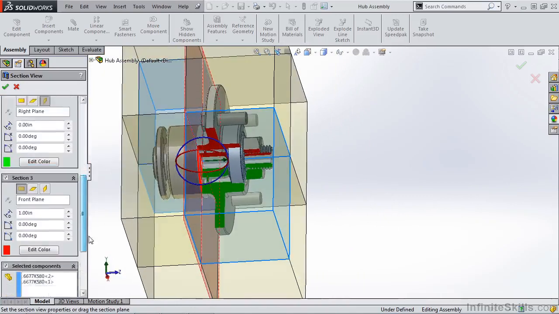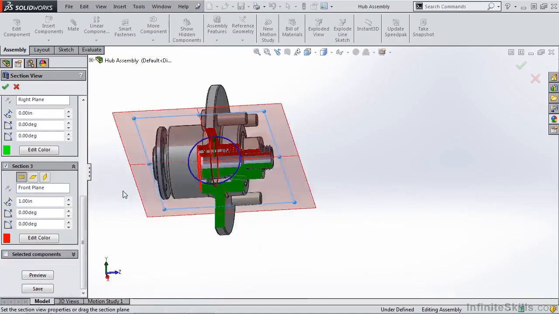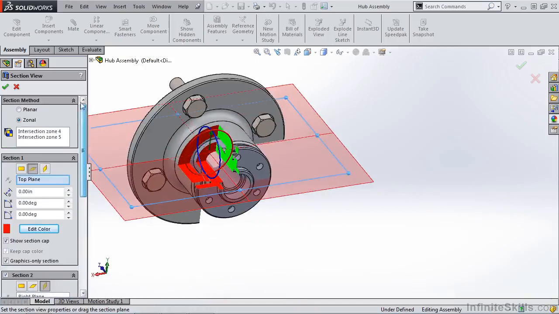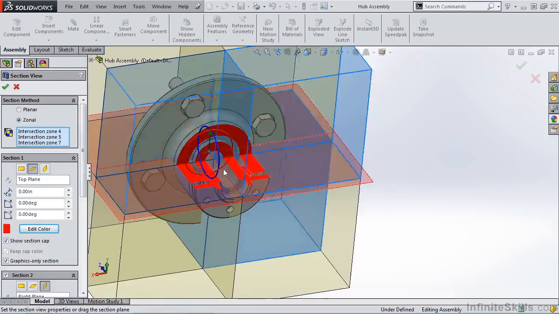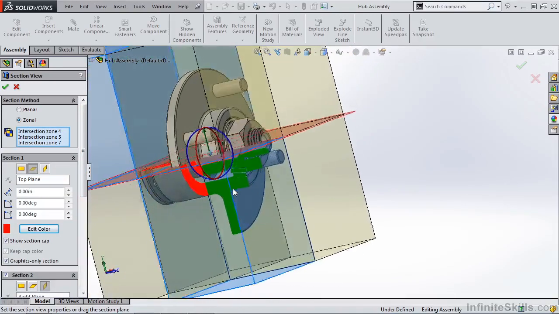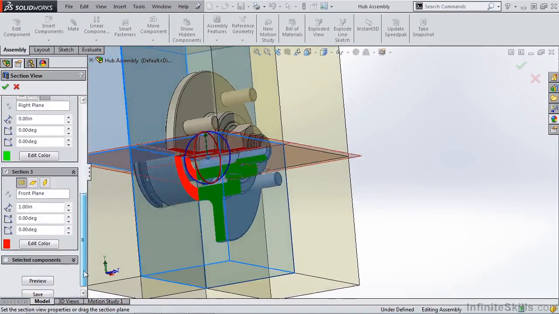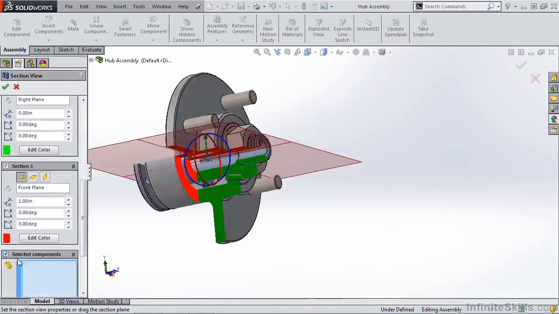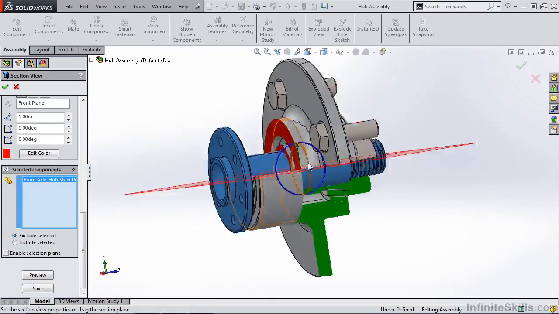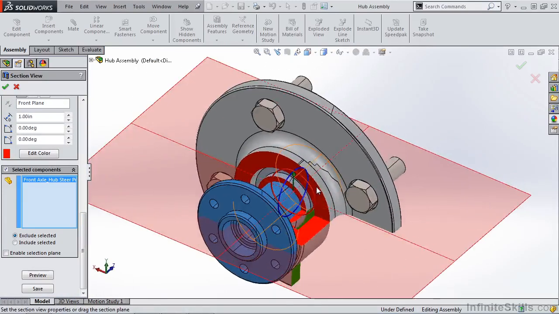We can still take a look at selected components, or we can section all of our components. Let's say that with our zones, we actually wanted to remove the entire top section up front, but on the back side, we only want to remove a quarter. And let's say that we wanted to exclude certain components. Let's exclude the shaft so that way it doesn't get sectioned and we're only looking at sections of the rest